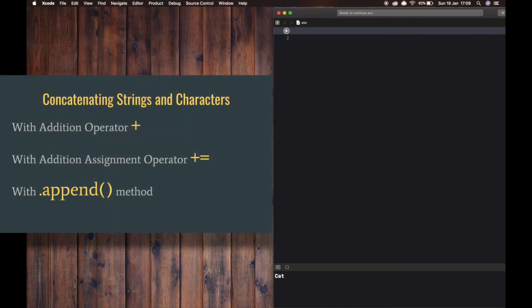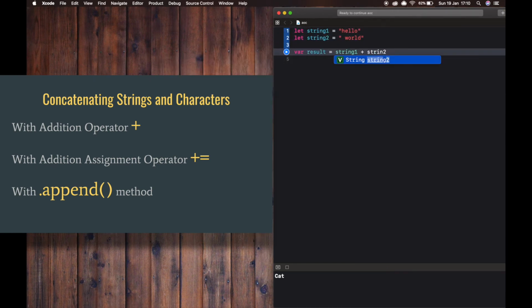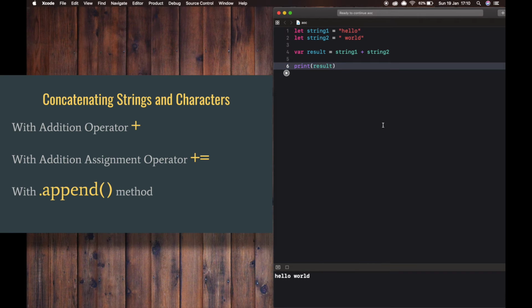If you want to create a new string value from two or more string values, then use the addition operator. For example, in this method we use the addition operator to create a new string. Then there is another method with addition assignment operator.